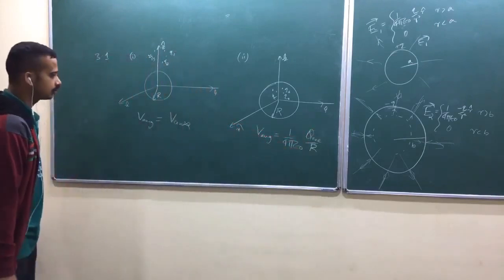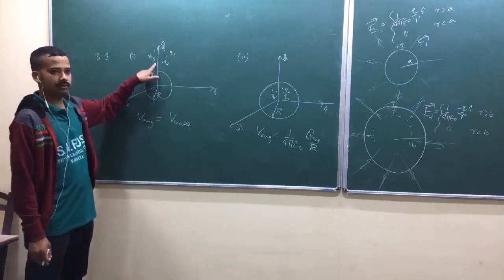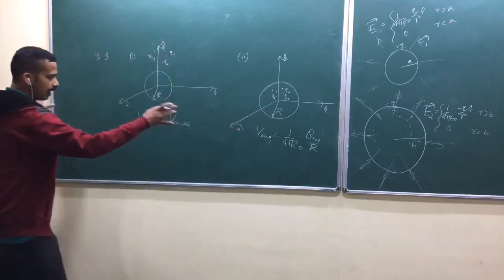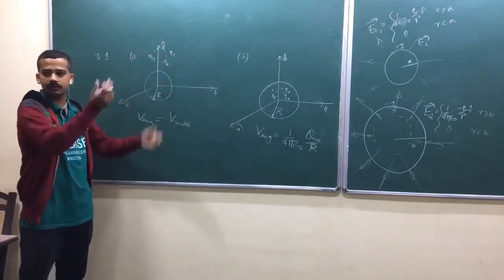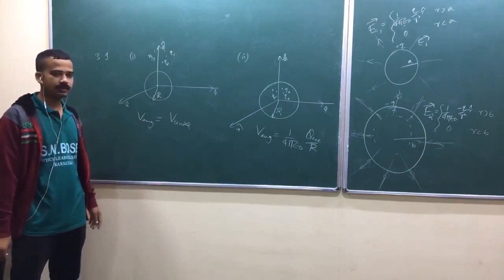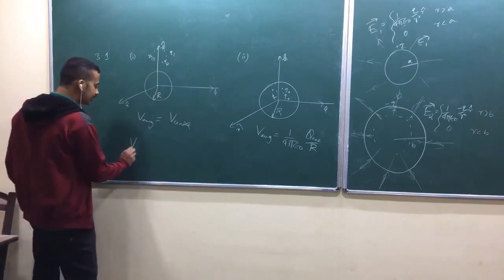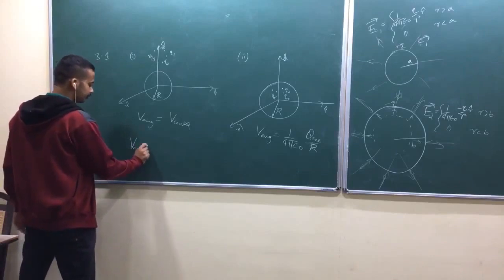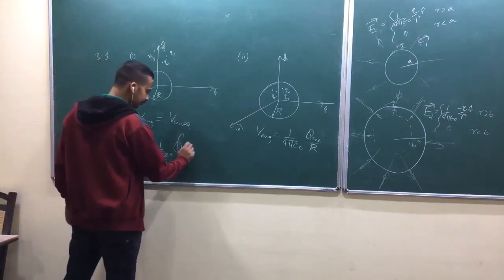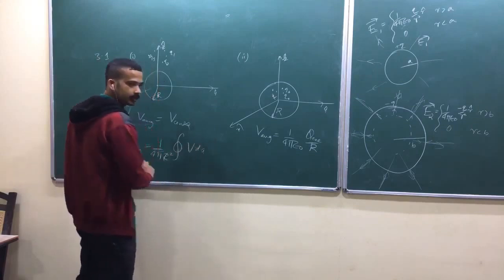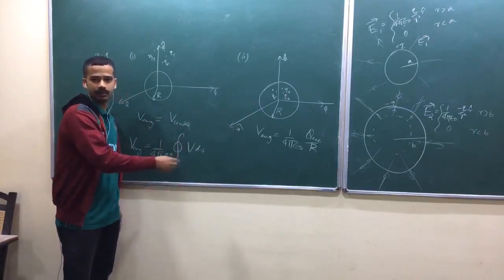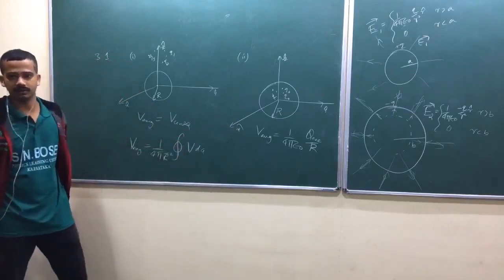Now what I am doing, look at here, I am finding average due to outside charges, I am finding average due to inside charges. Now if you add those, you are finding average due to inside as well as outside charges. There is the problem. Isn't it? Because while finding average, let me argue like this. V average is 1 by 4 pi r square integral V dA. Am I right? That's how you do. Now can I write V1, V2, V3? Because again, it is the total potential due to all charges.